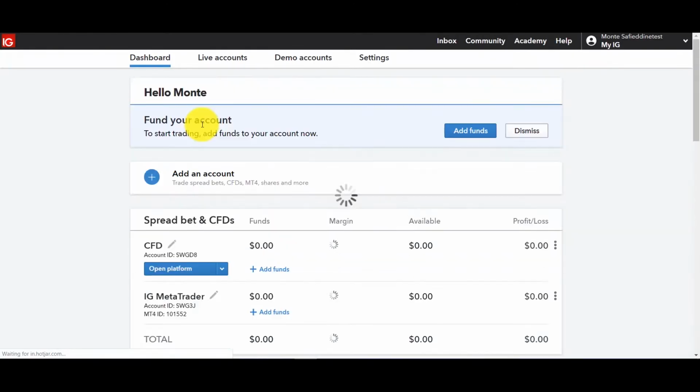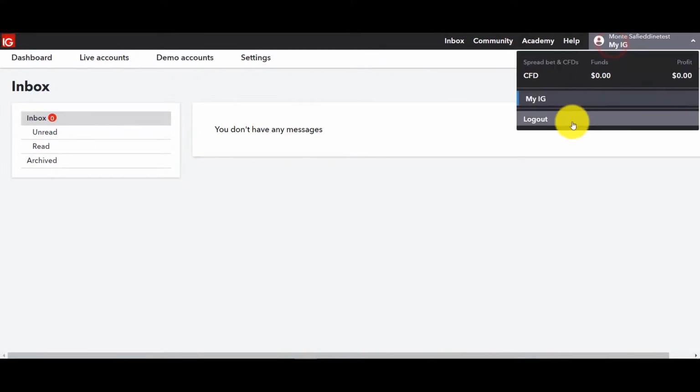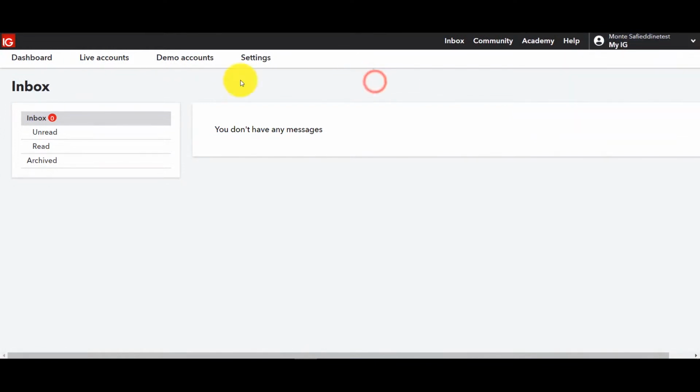And as we discussed in the first video, you're going to see a lot of your accounts over here. Up top, you'll see it says fund your account. But let's go to the very top. You'll see the inbox. Let's click on that. That's if you have any messages there. If you click on community or academy or help, it'll take you out to a separate site. And there you can take a look at the webinars. You can take a look at what's available in terms of information. And well, help is help. Click on that, you can go back to your account or you can log out, but let's stick with the